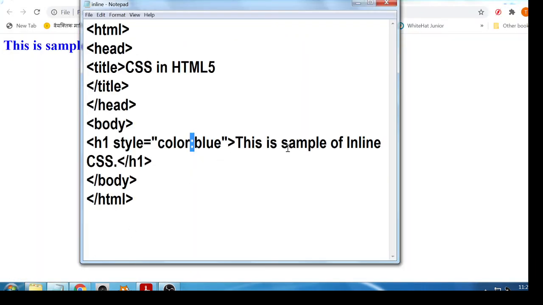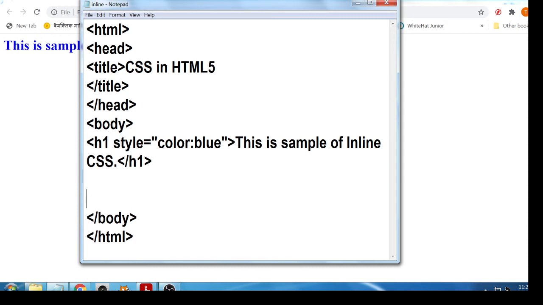Okay, this is the output for inline CSS. Simply create the tag and apply the style attribute, that is the inline CSS.